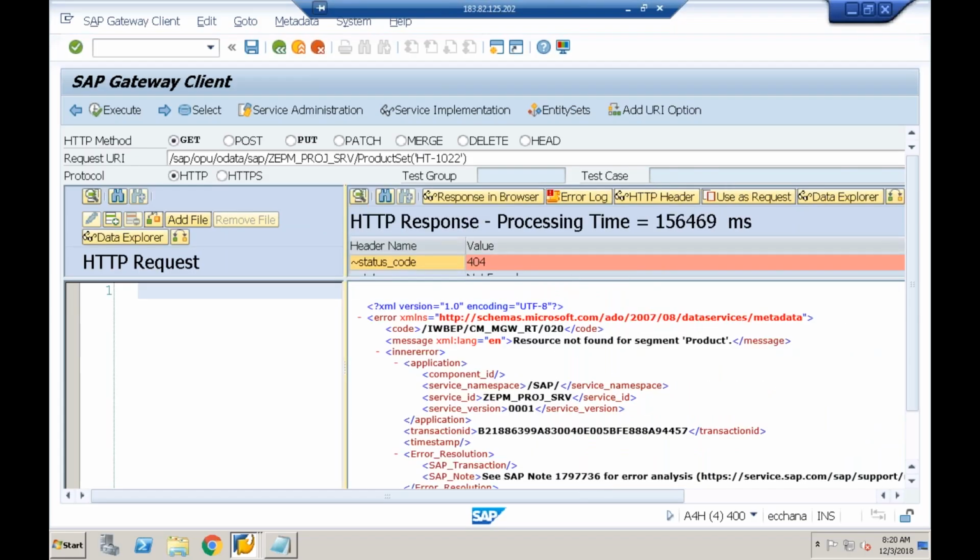Earlier I got an error saying that the method is not implemented. Now we implemented the method, but I'm getting a different kind of error. Resource not found for the segment product. The simple reason is we have retrieved the product details, but we are not returning that particular product details,